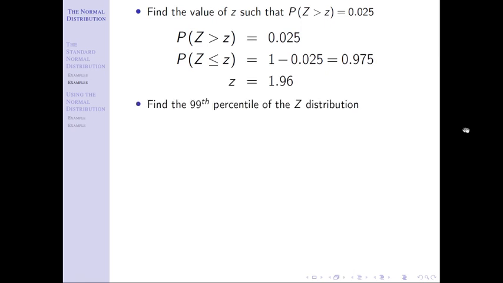The next question says find the 99th percentile. Here, notice I've worded it a little bit differently, but we should be able to come up with a probability statement here. If we recall from chapter 2, a percentile is defined such that it's the cutoff where that percentage of the values are less than that. So this works out really well because a percentile is a less than probability, and our table works less than. So we just get to go straight into the table now and look up 0.99 because we already are working less than. We don't have to do a complement. And that would be z equals 2.33.